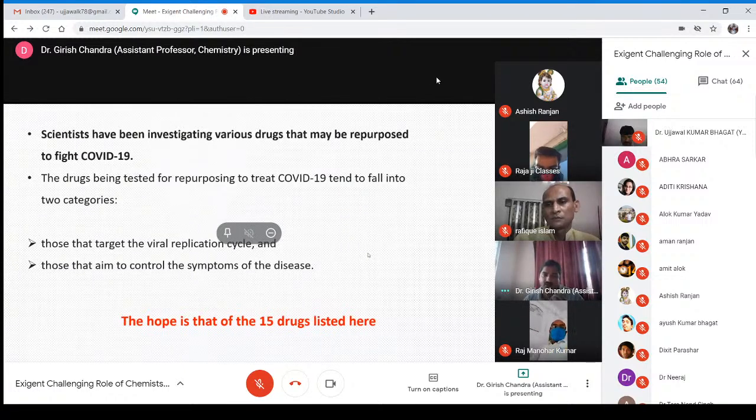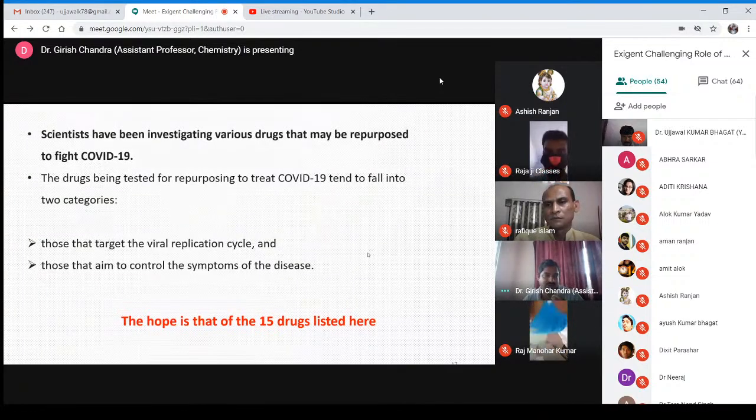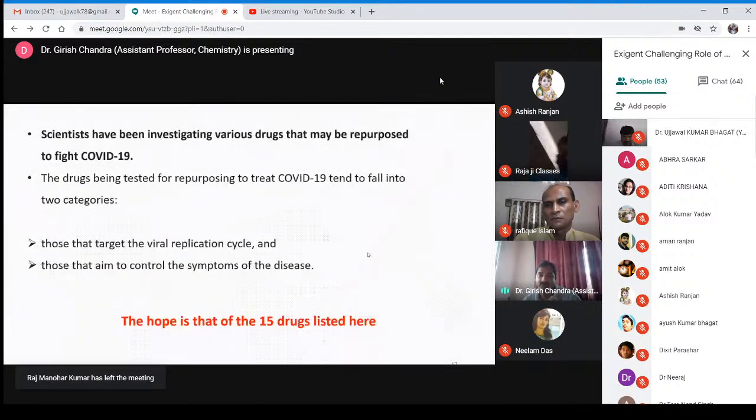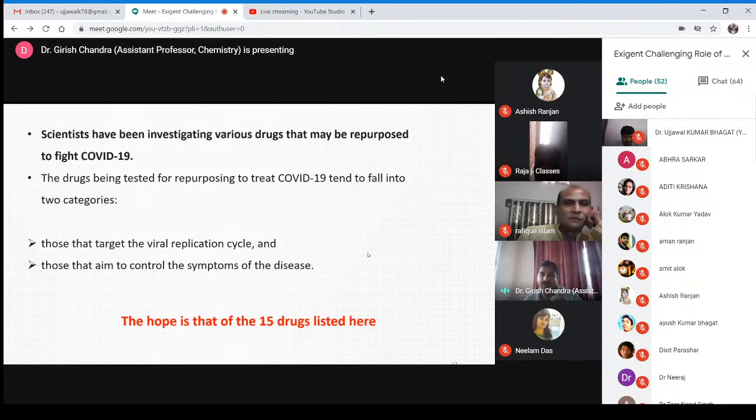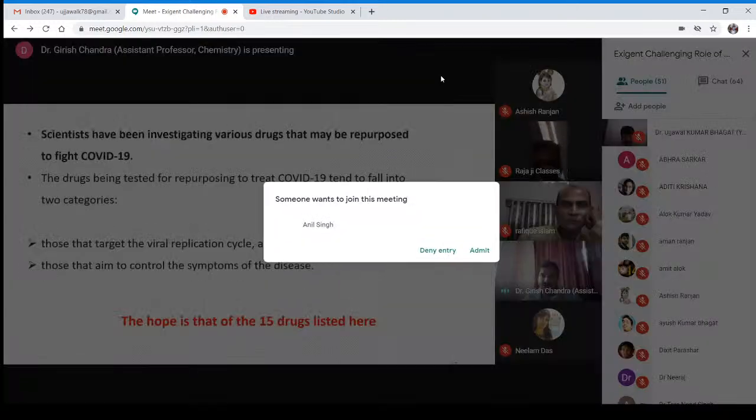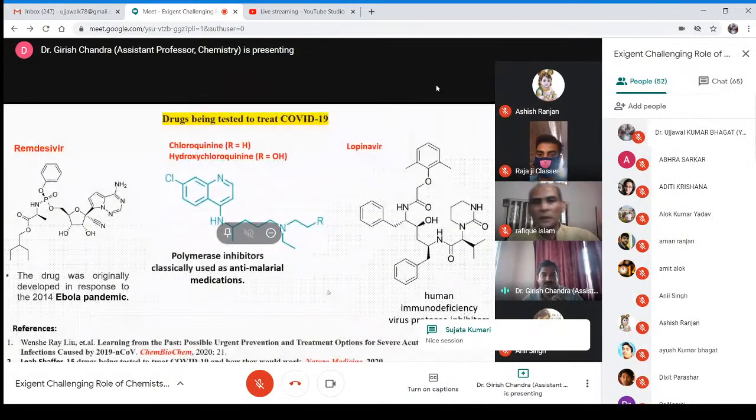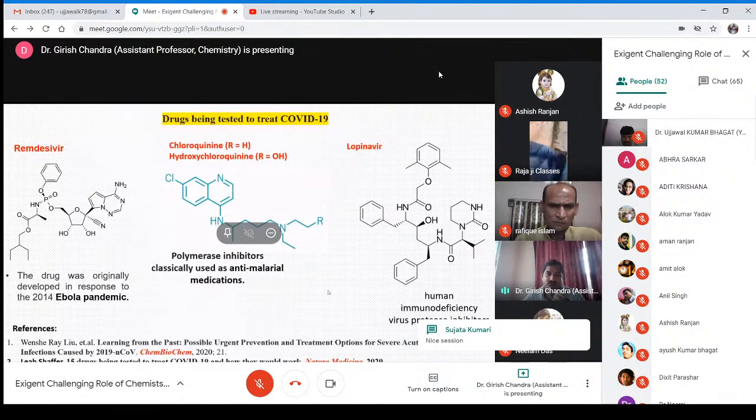For any medicine, particularly for COVID-19, the focus area is to stop the replication of the virus. Tripathi sir already mentioned different stages of replication and survival of the virus inside the human being. If you understand replication and survival inside the human being, that gives you an idea about designing new drugs. Although here we are not designing new drugs, we are just trying to repurpose already available drugs for COVID-19. And second, if possible, aim to control the symptoms of the disease. So here I just took the 15 most important, which are showing significant results, and I'm not going to discuss in detail because